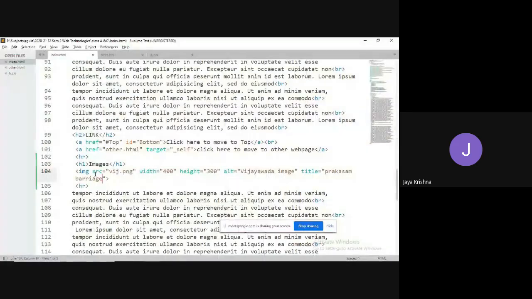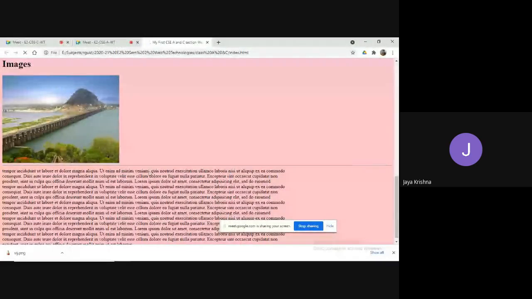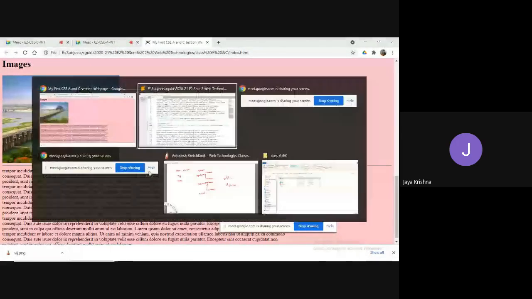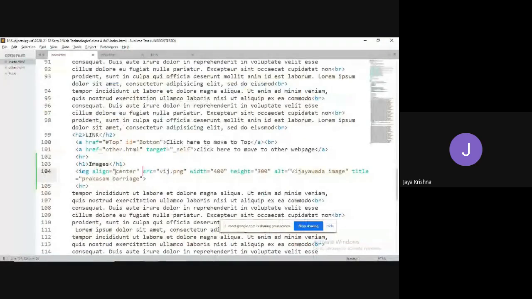If you would like to align to the center, we can have an attribute like the align attribute, right? Which you already know, align equal to center. What happened? Why is it not aligned to the center? Then we take align equal to right.